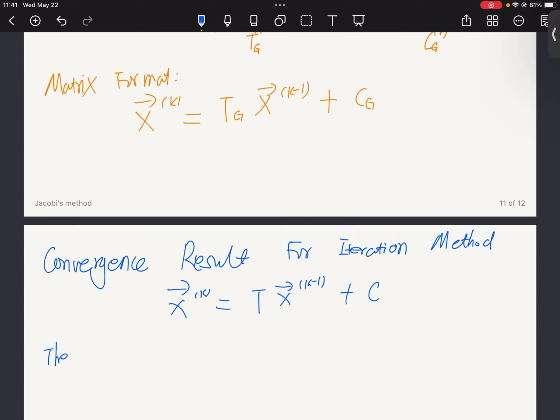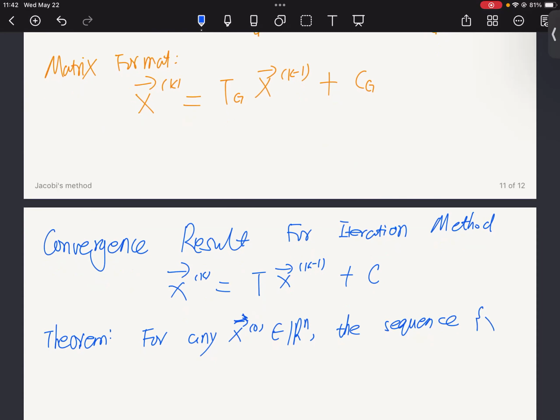The theorem states that you don't have any restrictions on the initial vector. You can choose your own initial vector, and the sequence generated by the rule above,